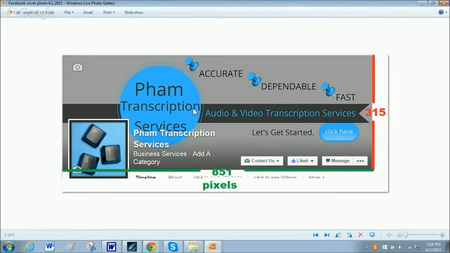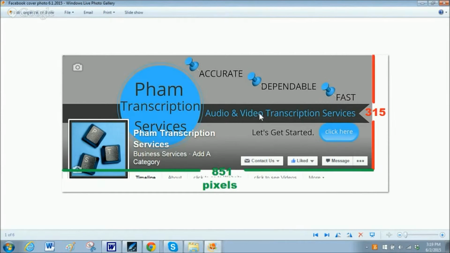I'd like to make a very good point here. Don't forget that the way things show up on a desktop or laptop is going to look different than on a mobile site. So in other words, when someone looks at your Facebook page on a laptop or a desktop, it's not necessarily going to look the same on a mobile device. The reason why I point that out is because if you are creating your photograph and you're saying, contact us, and put a big arrow pointing downward, or click on the like button and you have an arrow, these buttons aren't going to show up right here on a mobile device. So please be cognizant of that,